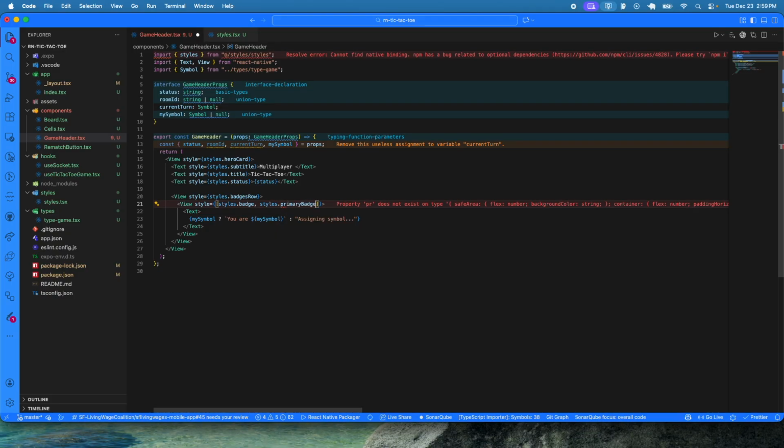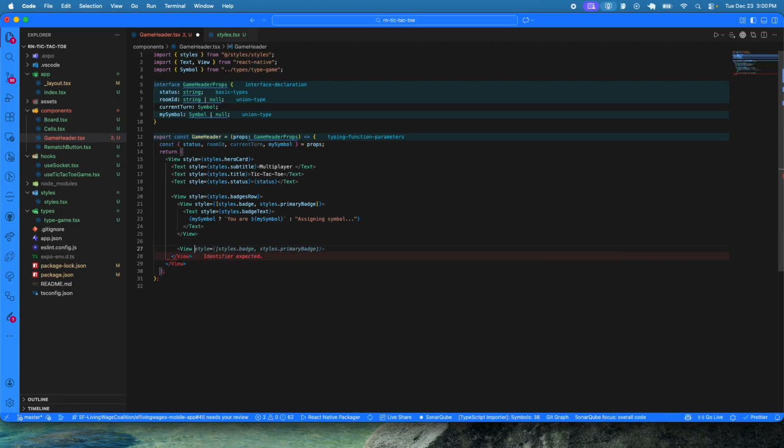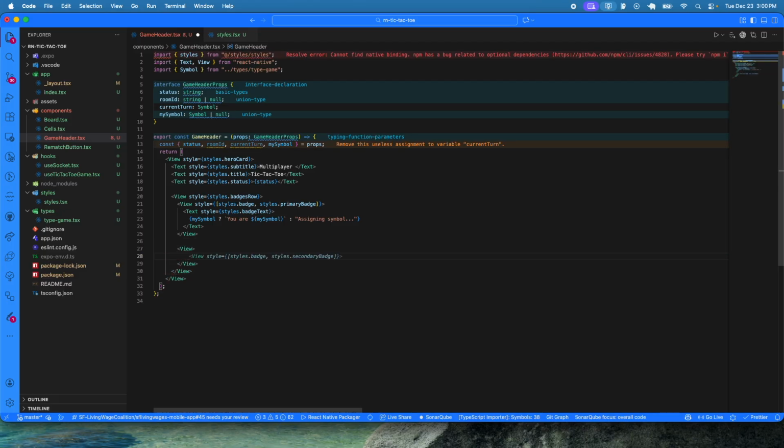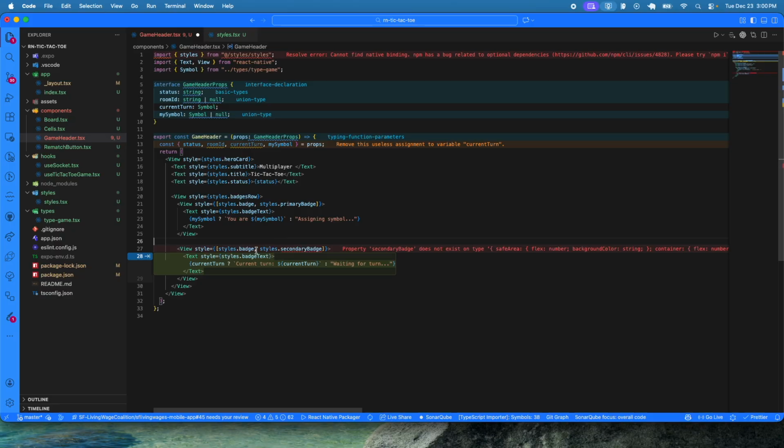the primary batch, yes. And the text, basically we need to add some style here too, and the style will be batch text basically. And then after that we need to add another view in here, and this view will take care of if there is a wrong ID. Let me add some style. So yes, styles, and then we are gonna add a style batch, and here we are gonna define a conditional,